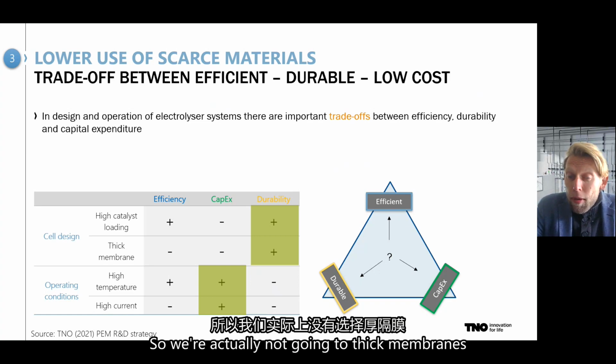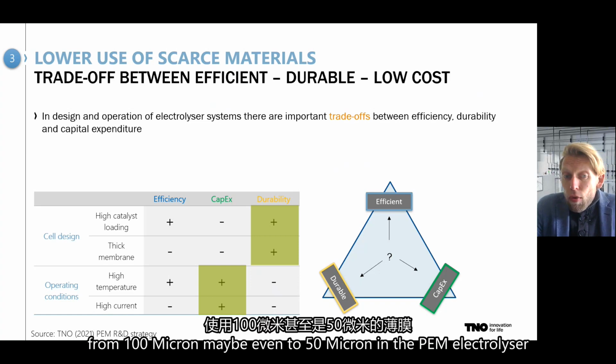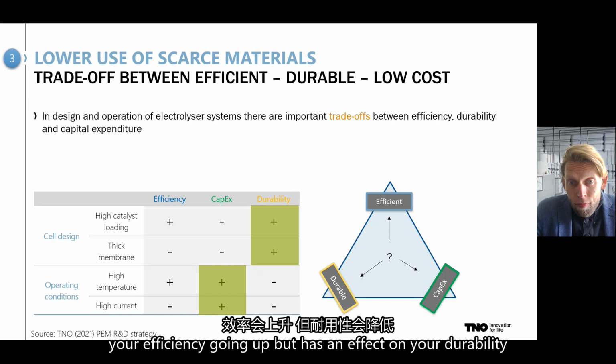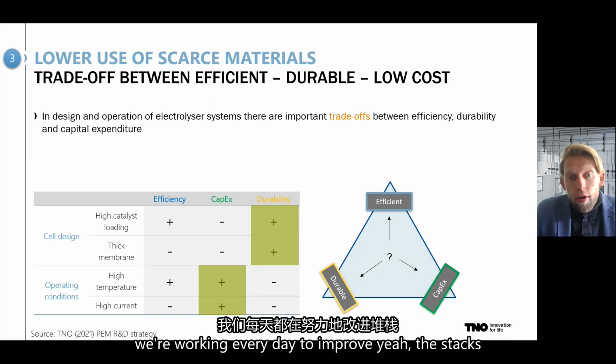So we're actually not going to thick membranes, but we go to thin membranes, from 100 micron, maybe even to 50 micron in a PEM electrolyzer. The same counts for your operating conditions. If you go to a high temperature, your efficiency goes up, but it has an effect on your durability. So in that trade-off, we're working every day to improve the